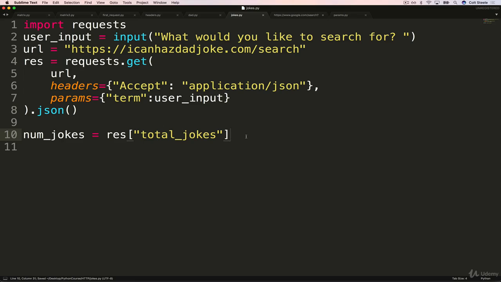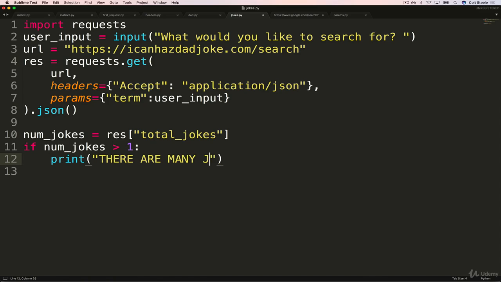Number of jokes equals res total jokes. And that will now allow us to do things like if num jokes, and where should we start? Let's check first if it's greater than 1. Let's just do a print: there are many jokes.